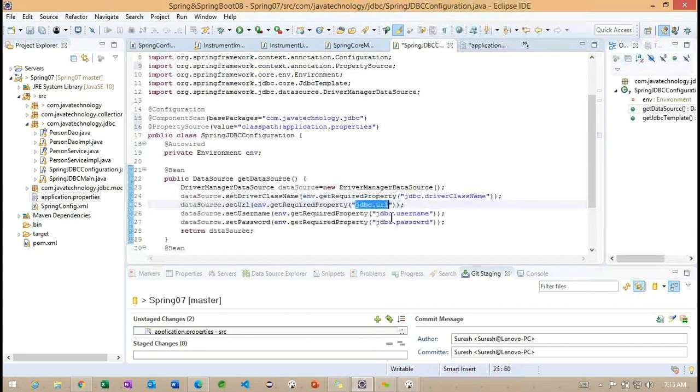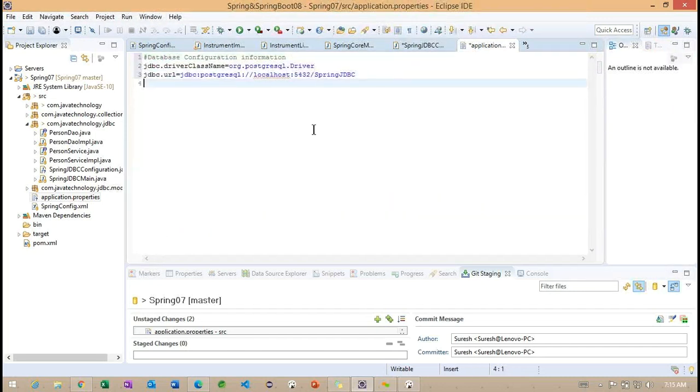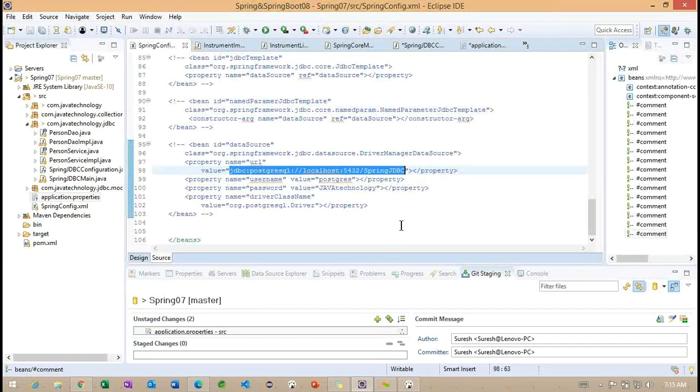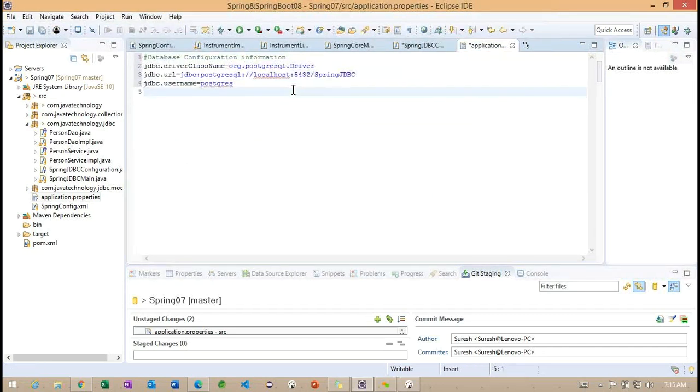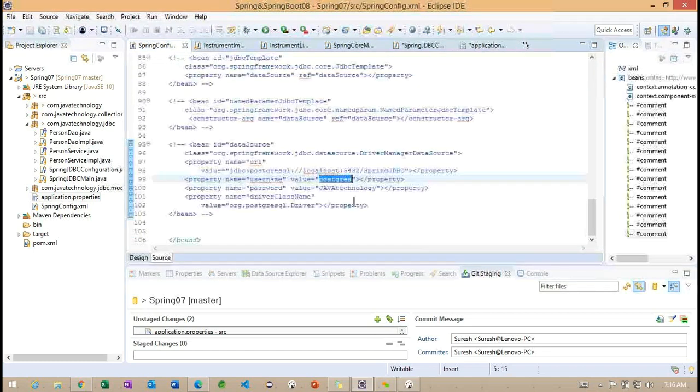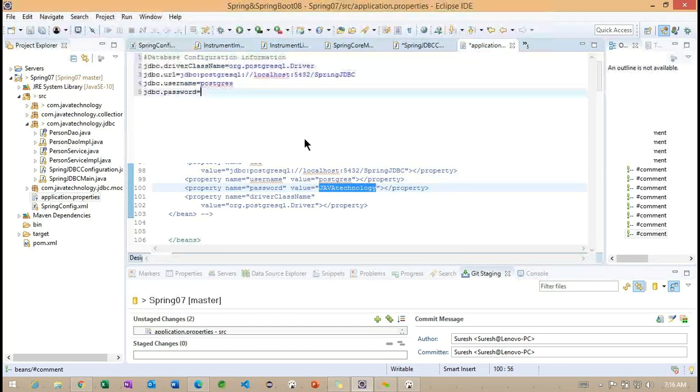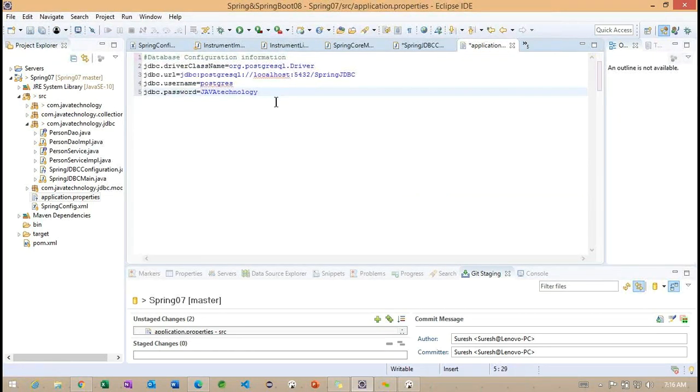Now the JDBC username is Postgres, and the JDBC password, what password do we use? Java technology. Okay, so these are the configuration information. Let me save it.